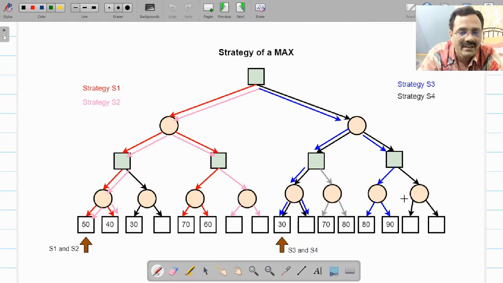All those 8, as I told you, there will be 4 minimum nodes which will represent those 8 strategies. So we have said that 50 belongs to these 2 strategies, S1 and S2. Here 30 belongs to S3 and S4. Similarly, this 30 will belong to S5 and S6, and this 70 will belong to S7 and S8.